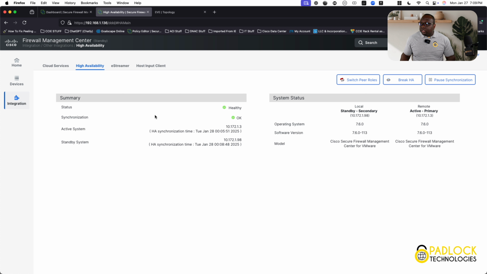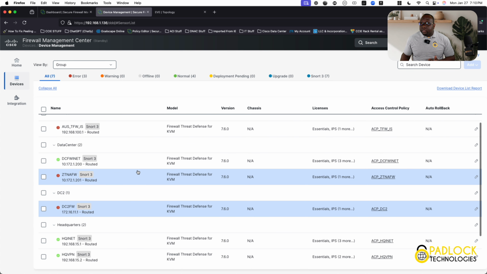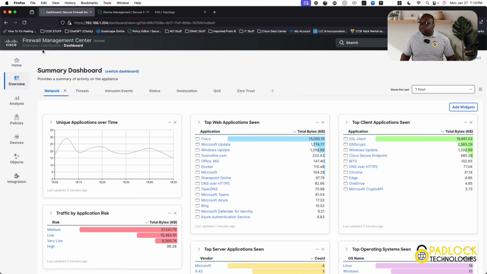That's it. And as you can see, HA has already been done because the status is healthy and the synchronization of the databases is okay. Now, if you look on the right-hand side, you'll see my local, which is the secondary, which is this one now. The secondary is standby, and the primary is active, which is the other one. They're both on the same version of code, operating system, and software version. Now, from a device standpoint, as you can see on the secondary, I only have device management. So if I click on device management, you're going to see the devices that I synchronized with the primary FMC. If I look at devices on the primary,